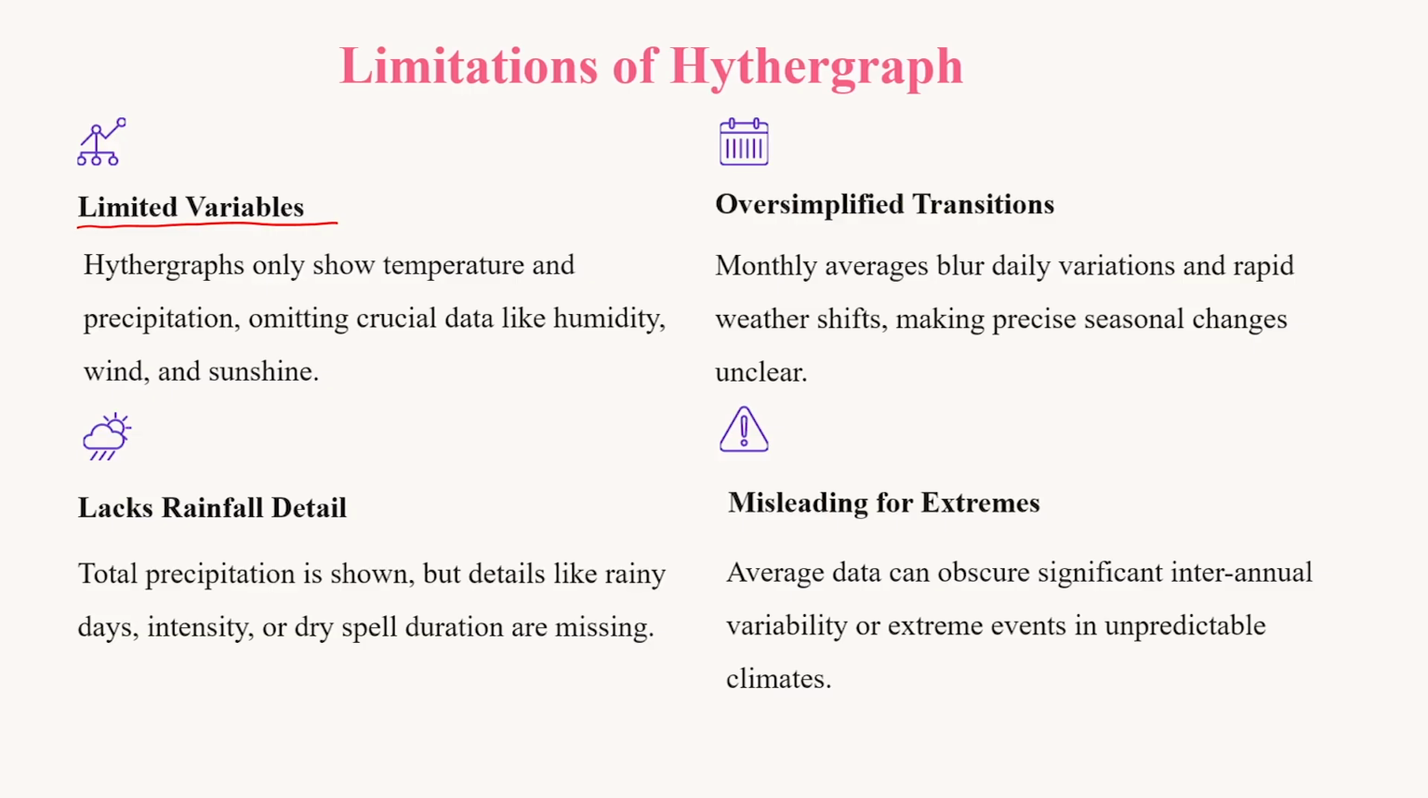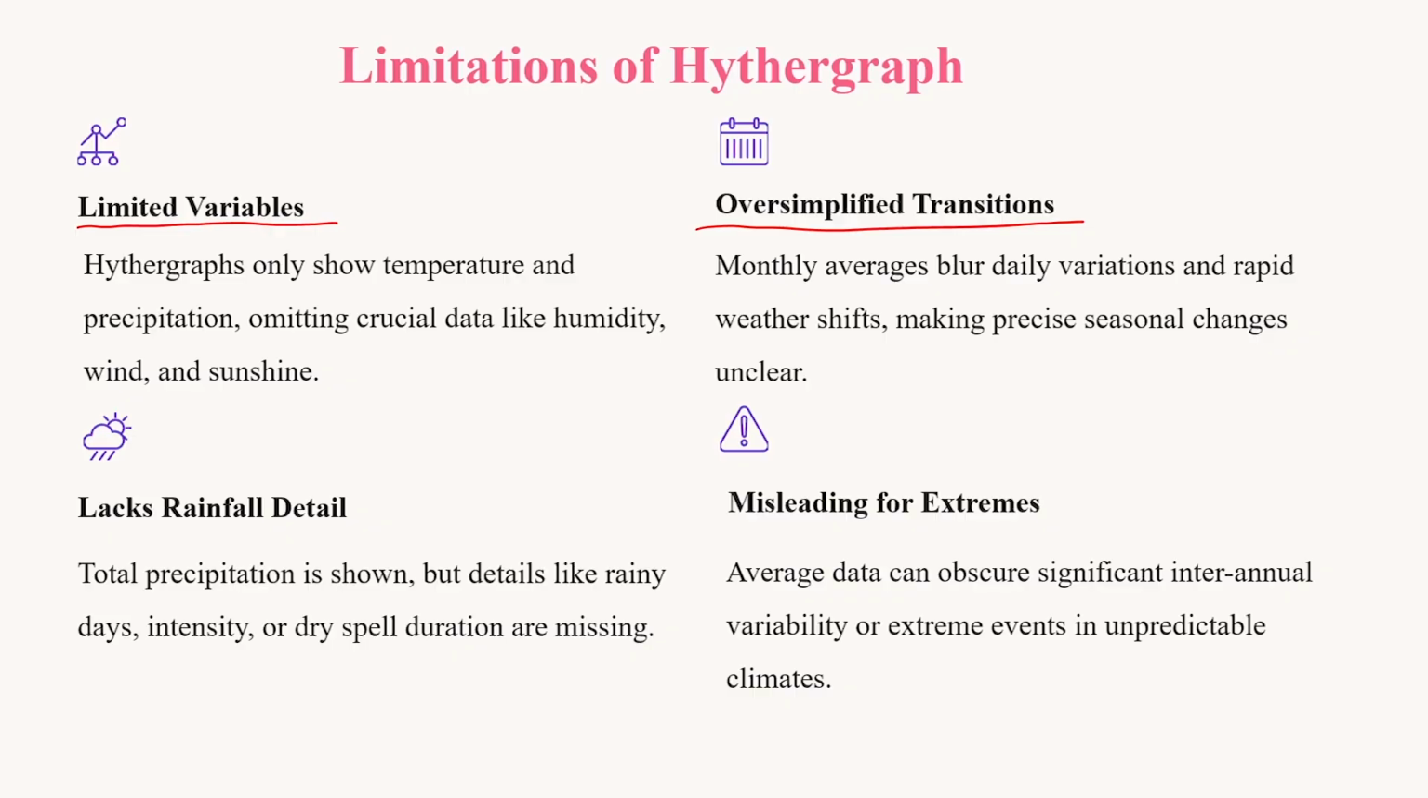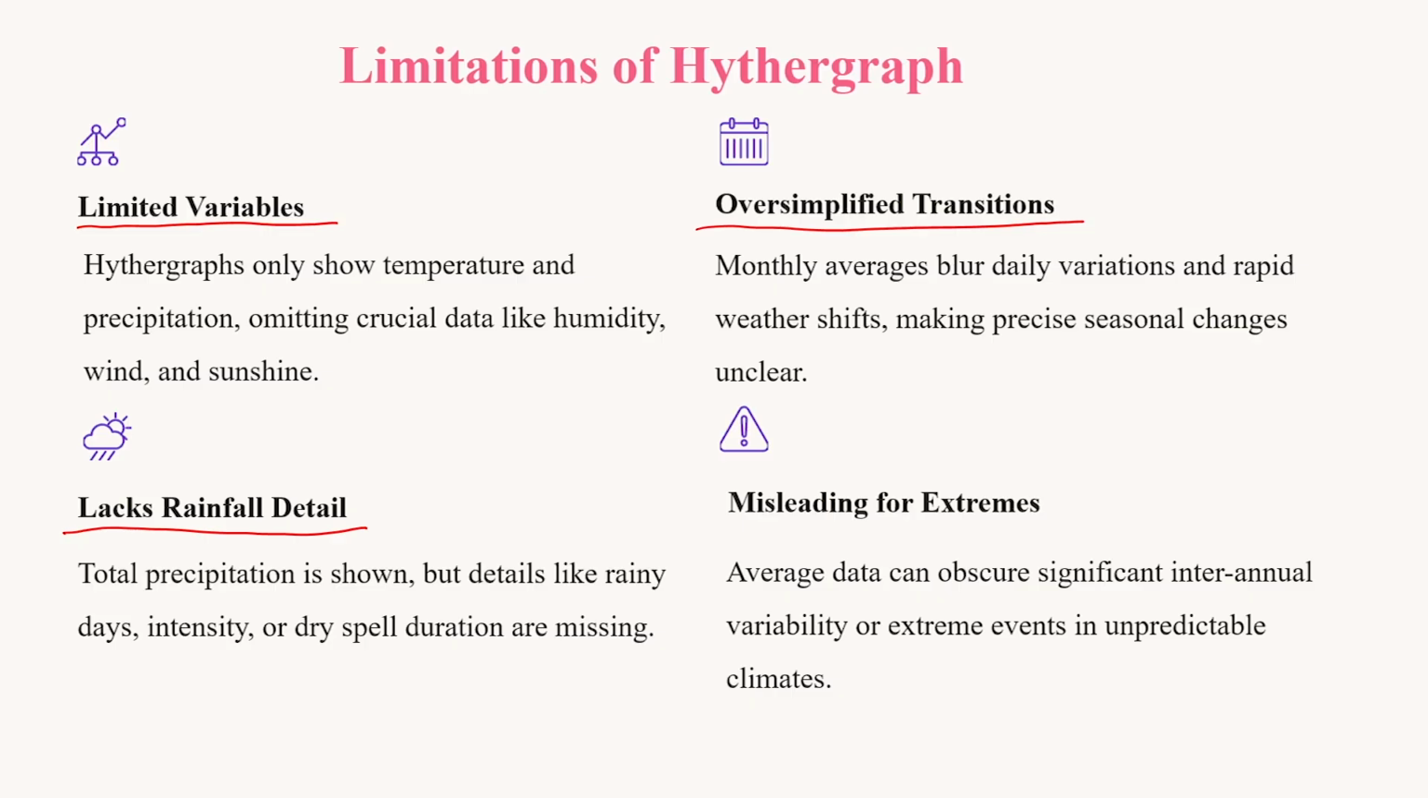The second limitation of the Hyther graph is that it oversimplifies transitions. From the example you can see it oversimplifies transitions, such as how the weather differs from one month to the next. The third limitation is that it lacks rainfall details. From the Hyther graph we only see the average rainfall. So, we are not sure which day has more rain and which day has dry